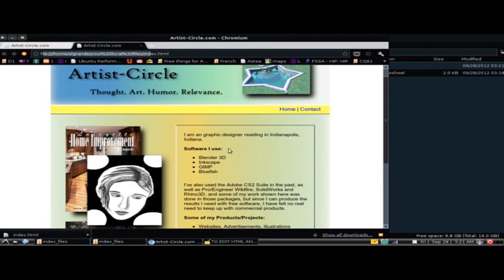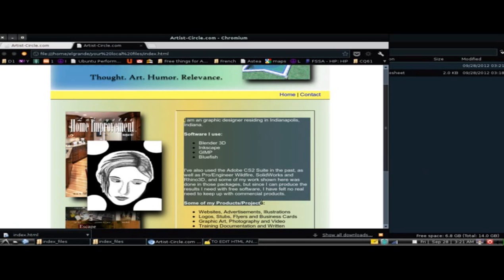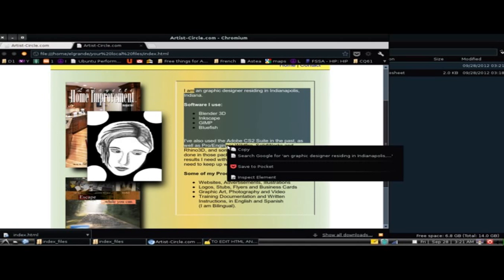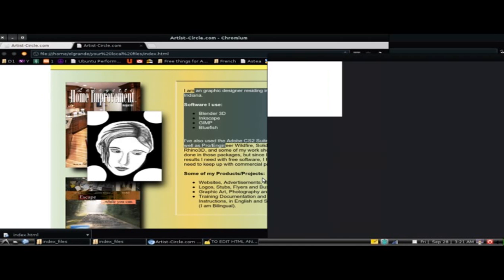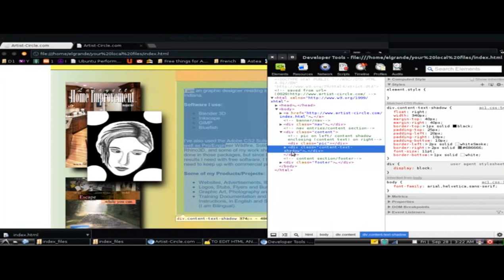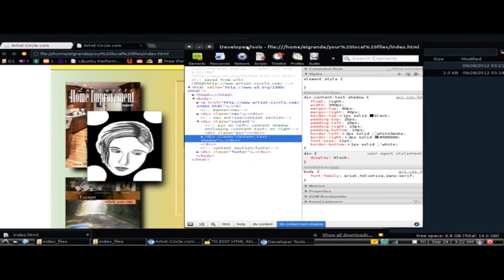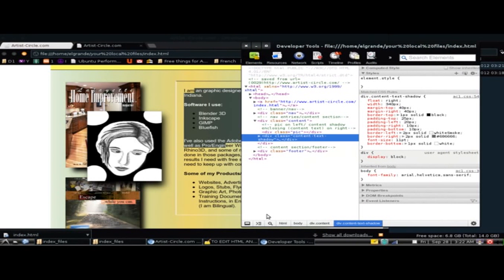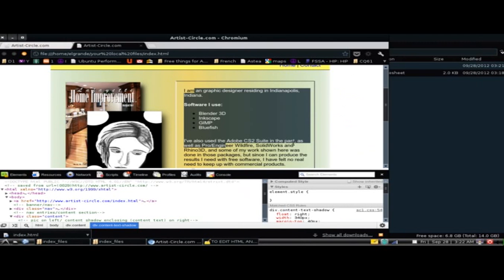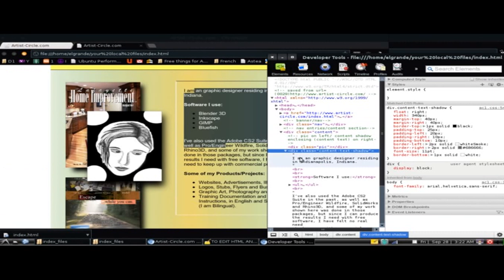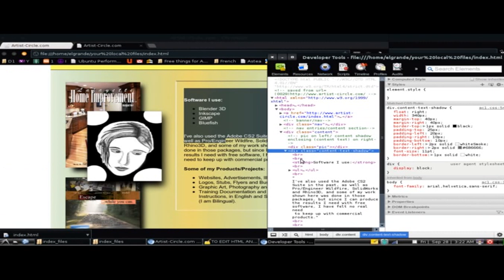Now, to demonstrate editing HTML in Chromium, you will select the element you want to edit, inspect element. It will pop up this developer tools. You can probably dock it to the main menu, yeah, you can do that, but I don't actually like it that way. Let's undock it. But anyway, you can find where it is, and I found a text that I want